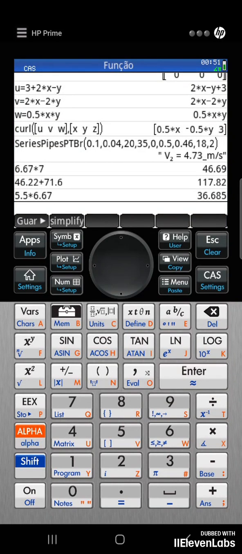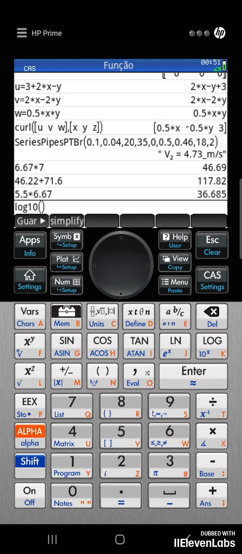In this video, I'm going to show you how to solve logarithms on the HP Prime calculator. To start, I will work in the CAS view. I'm in CAS, and base 10 logarithms are quite simple to solve on the HP Prime calculator. I can simply press the logarithm key here.